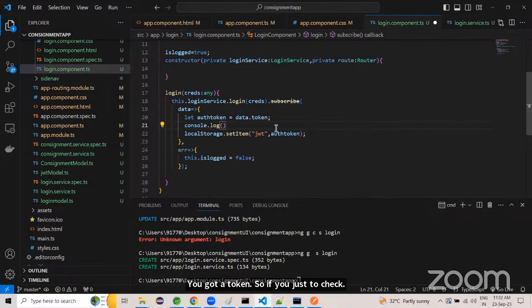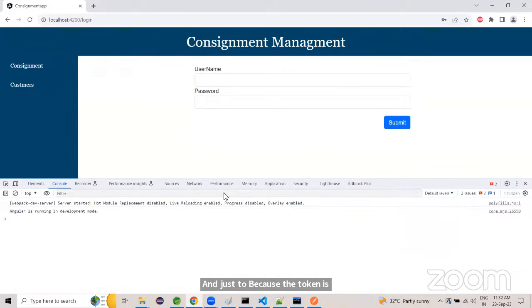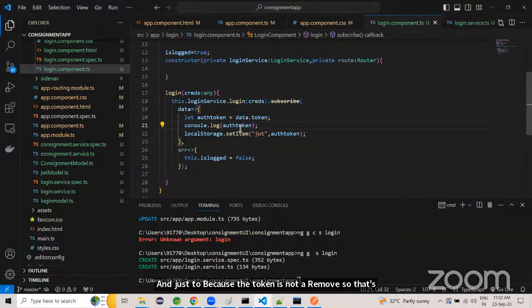console.log auth token. Because the token is not removed, that's why you are again seeing this one. So in ngOnInit, you need to refresh that one also, and logged in, you need to refresh. So there we need to add some logout also. We'll do that one,